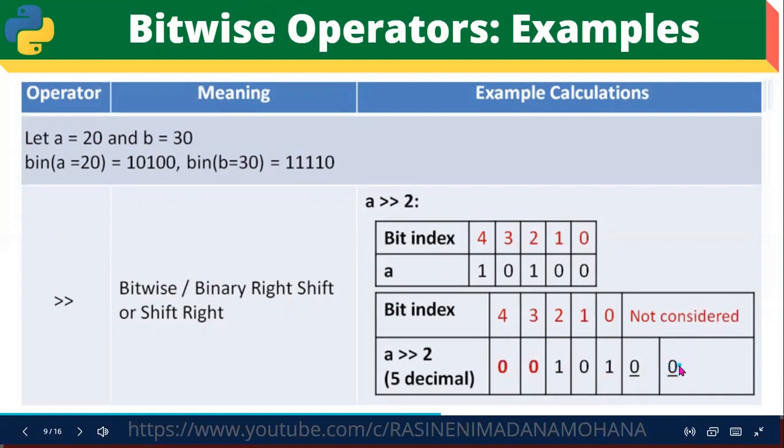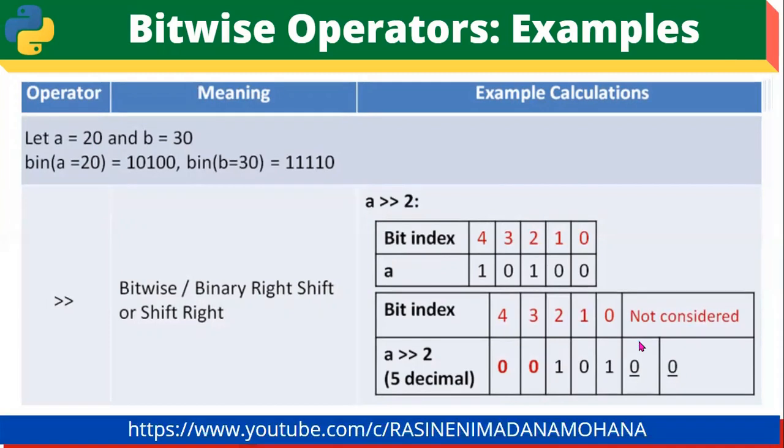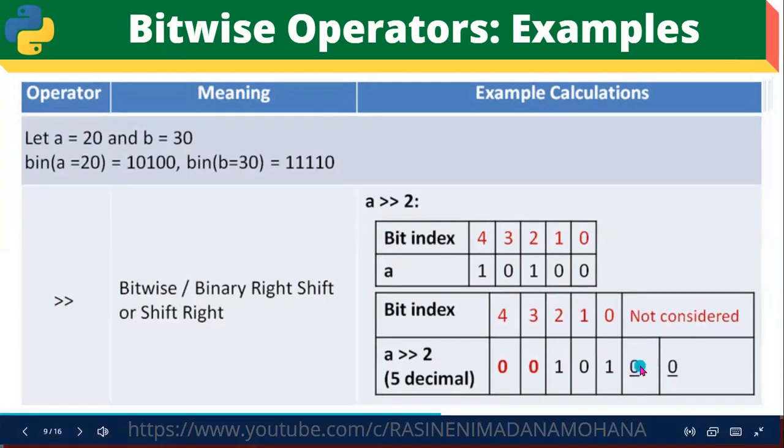Now the indexing here, carefully you can observe, the indexing can be given by excluding the rightmost 2 cells. Why? Because we are shifting towards the right side, so the first 2 bits will be removed here. This won't be considered here. That's why you can see these are all not considered. Now the indexing is given from the third bit onwards, that is right to left. Now the third bit index is 0, the fourth one is 1, then 2, then the zeros 3, 4.